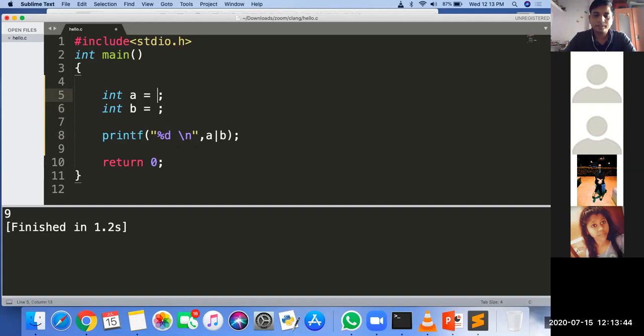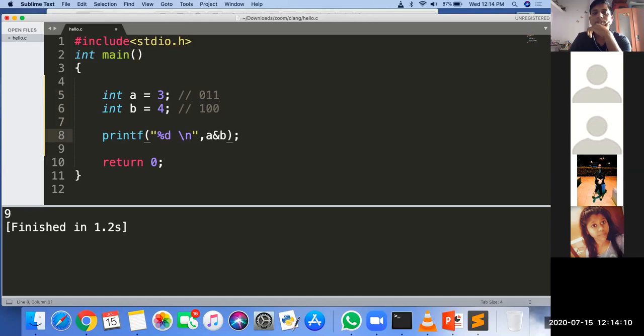And again, suppose this is 3 and this is 4, and it is an AND operation. 3 means 0 1 1, and 4 means 1 0 0. So what is the answer?